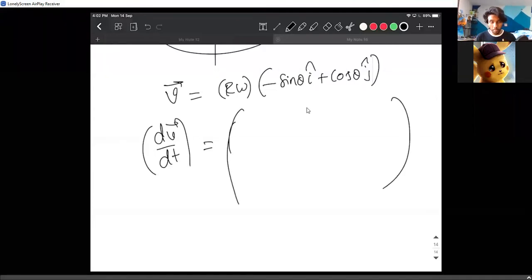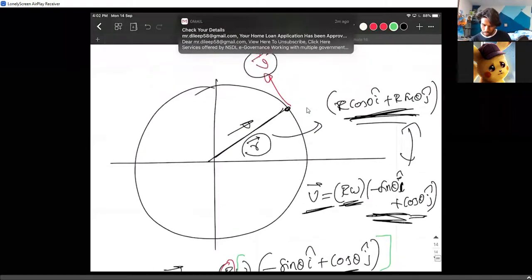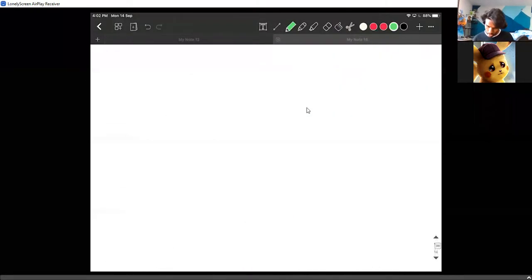Now be careful, you're not just differentiating this, we are differentiating this also. Only r is constant here, so you can only leave that out. You have to differentiate this entire bit. You will get a very big equation, but if I do that for you, you will not remember that part. Sharath asks, sir, can you explain why minus sin theta plus cos theta? What do you mean minus sin theta plus cos theta? I differentiated this, right? Where is that page?